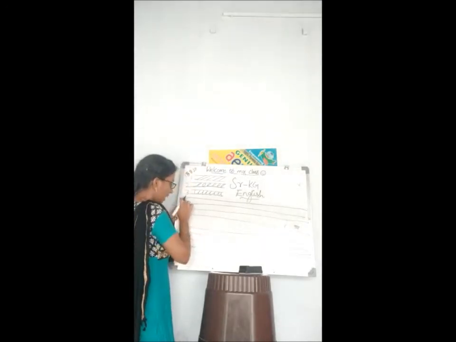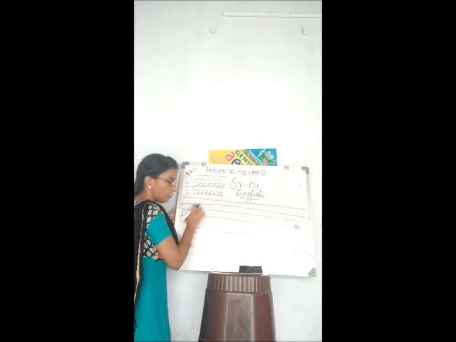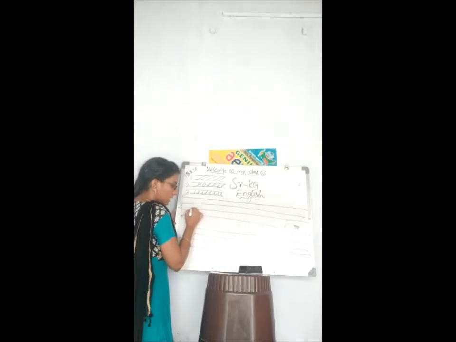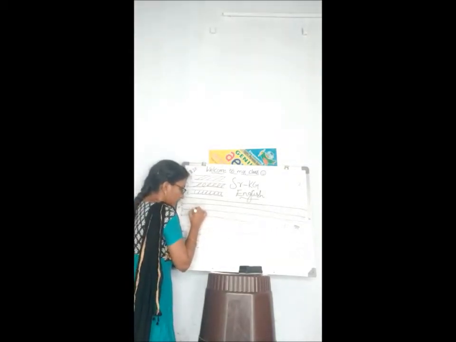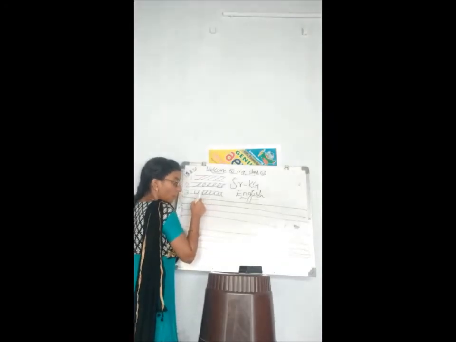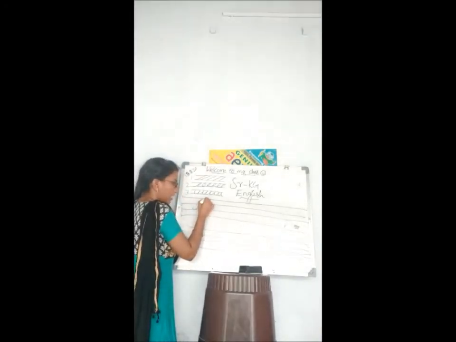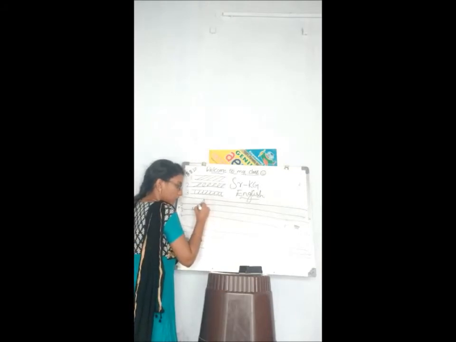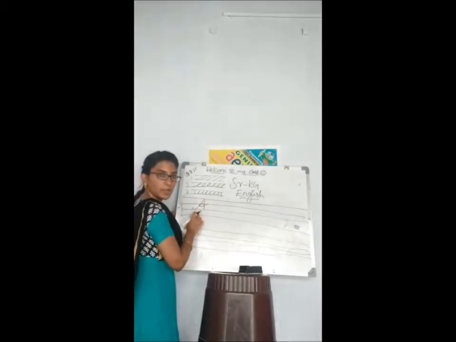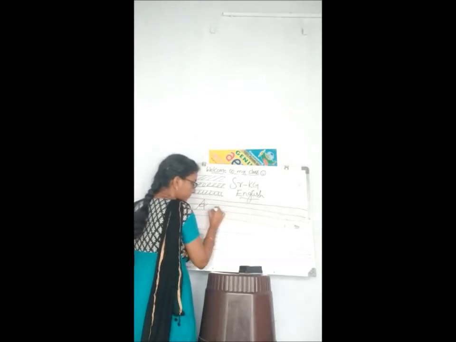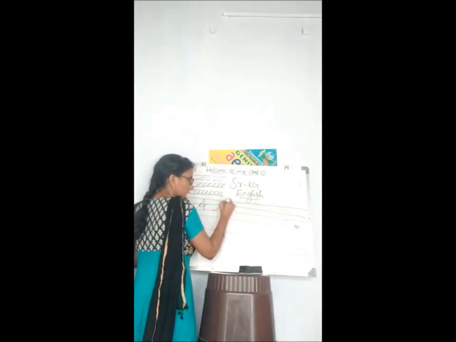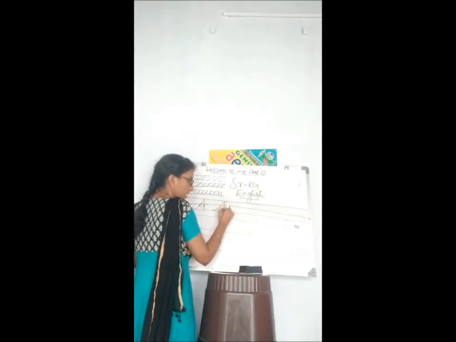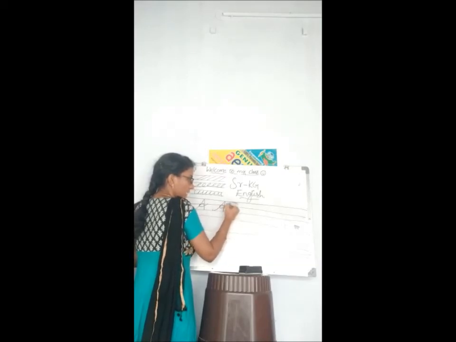Okay. First 1, 2, 3, 4. 4 lines we have, right? So third line, you have to touch the third line. Write one small curve, slanting line to the top of the first line and another slanting line. Go back to the second line, curve and one extension. Okay. Shall we write one more time? One curve, slanting line, another slanting line. Go back, curve and extension.